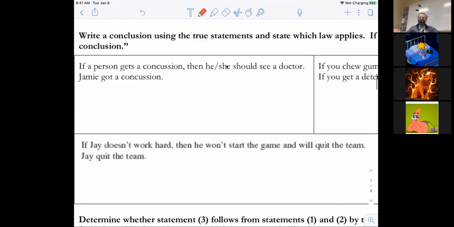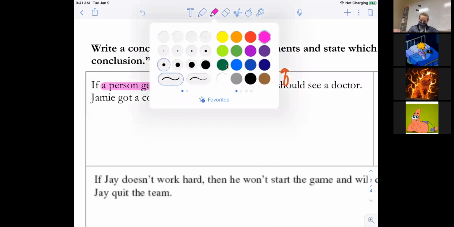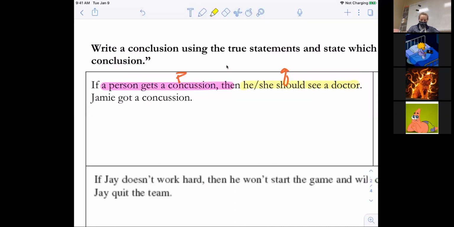This one says, if a person gets a concussion, then he or she should see a doctor. Jamie got a concussion. All right, stop. Does this match law of detachment or law of syllogism? Detachment. It's one if-then and a statement. Okay, now I'm going to label P and Q. My P is a person gets a concussion. My Q is they should see a doctor. Jamie got a concussion.